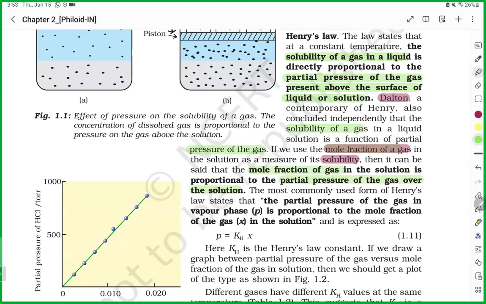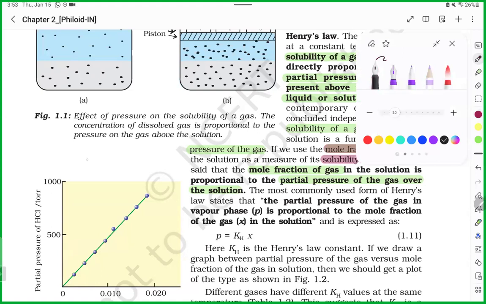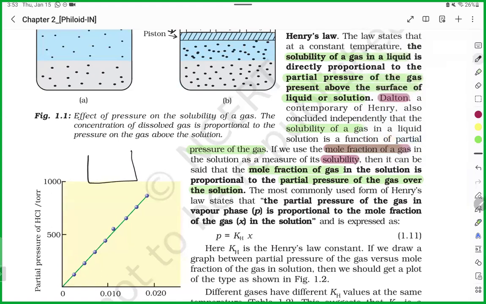Makes sense, guys? And remember, we are talking about over the solution. It means if you take a container, here you have a piston. This piston will try to compress the gas. When the piston tries to compress the gas, what will happen? Gas particles will easily dissolve in the liquid. Example,